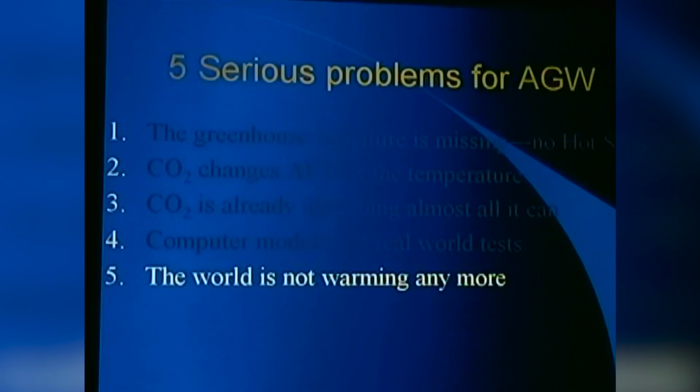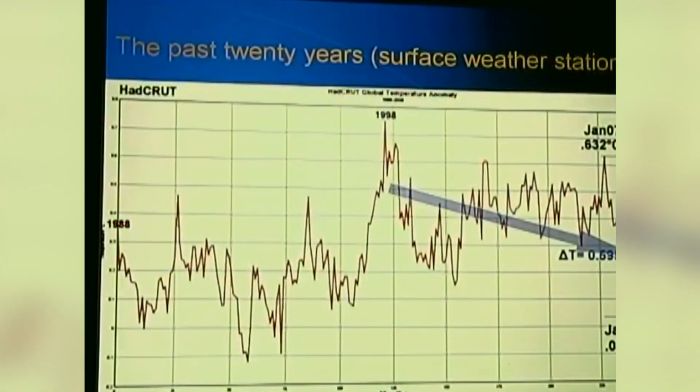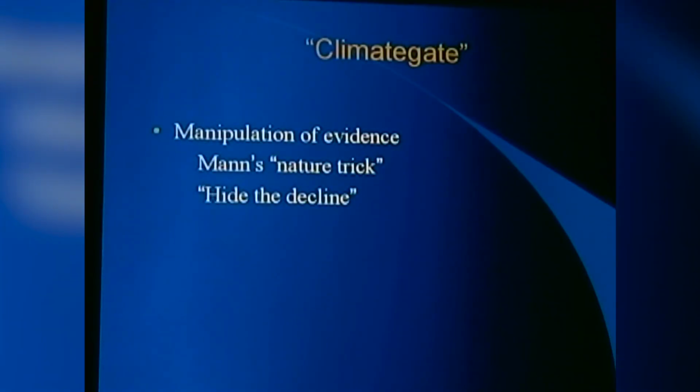And the final thing, the Earth isn't warming anymore anyway. The last 8 or 9 years now, temperature has actually gone down almost 0.6 of a degree, which is what it warmed up during the previous century. Again, this doesn't sit well with the warmists, I call them. And this is where we saw in the emails about ClimateGate the manipulation of, this is called the nature trick, and hide the decline. Hide the decline is their latest